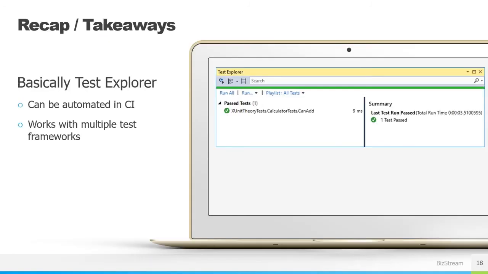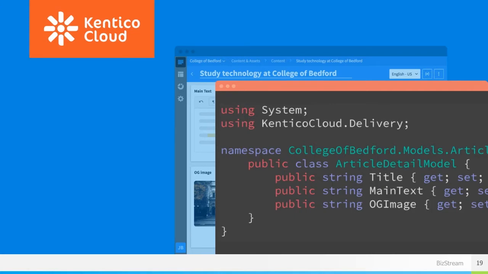All right, so basically, takeaways: tests can be automated. Yay. There's nothing much there. And anything that we do in the studio, we can do in the CLI. Okay, so